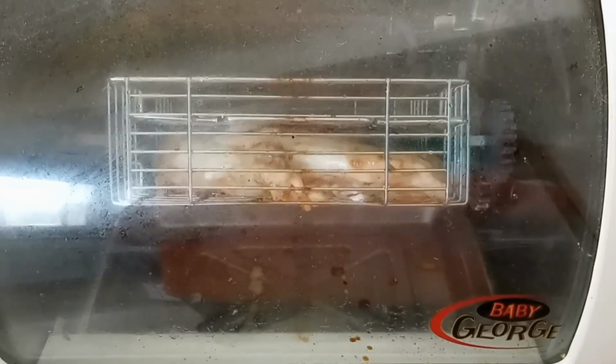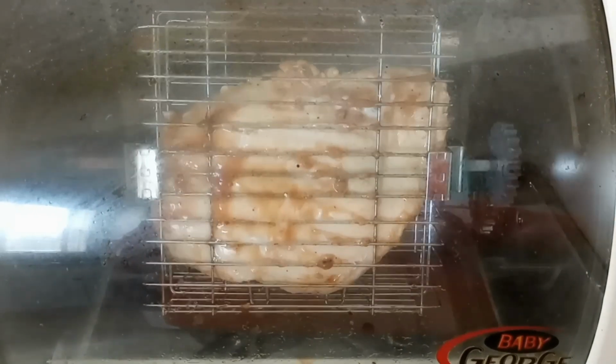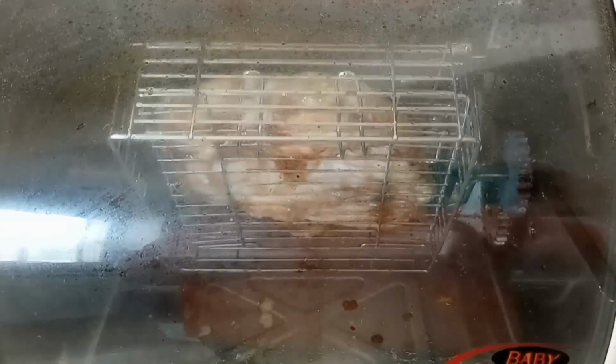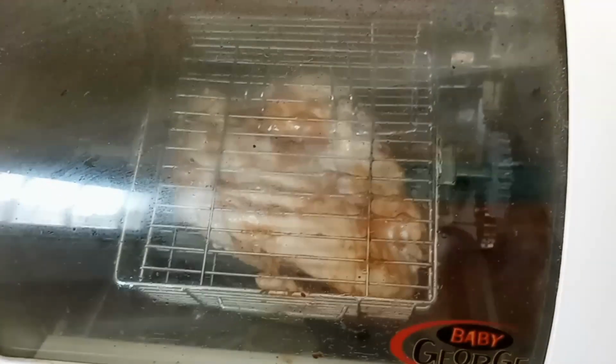I am grilling a chicken breast for tonight's dinner. It's going to be a rice salad. So I figured I defrosted that. I had it in the freezer, and I'm just going to throw it into the Baby George and grill it